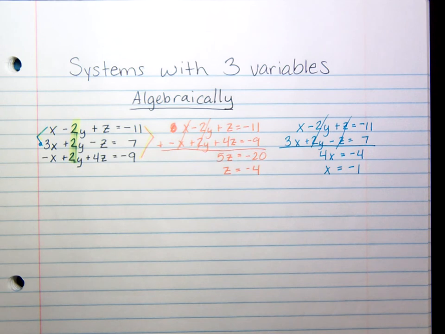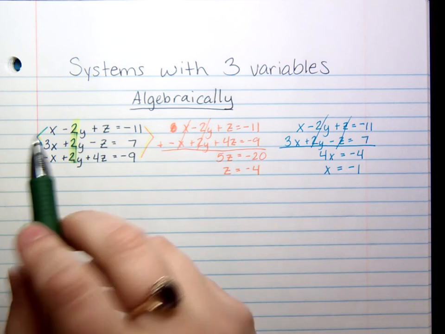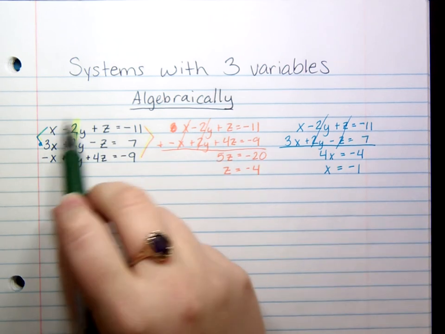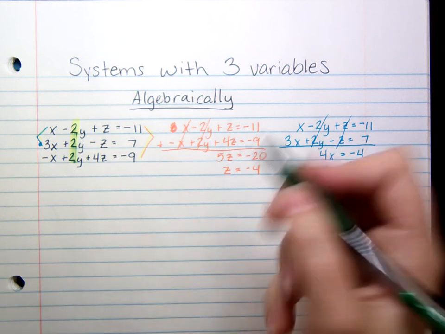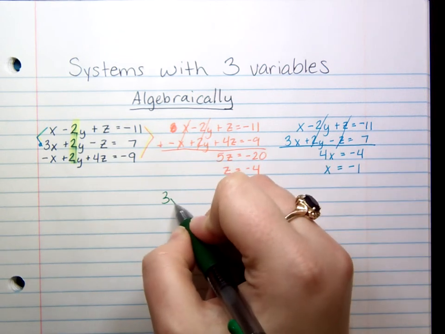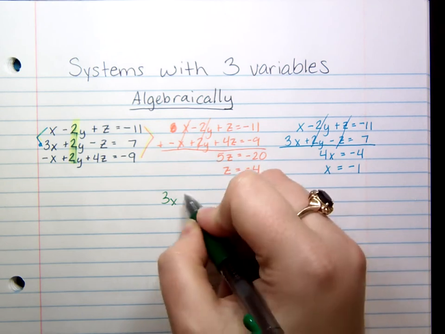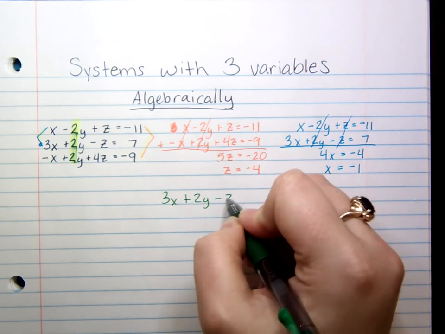Once you have two of the values, you're going to plug both of them into one of your originals to solve for the third variable. So, pick an equation. Which one do we want to use to solve for y? Doesn't matter which you choose, just make sure you pick one of these. So I'm going to pick the middle one. 3x plus 2y minus z equals